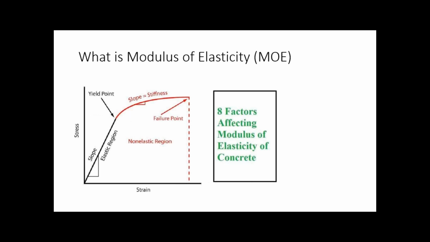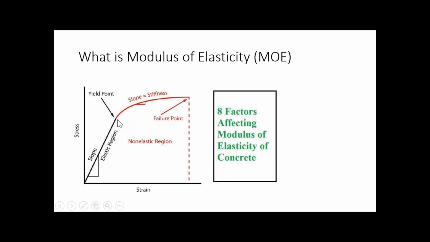Okay, so here we are, and anytime you want to talk about something like this, you've got to have graphs and charts, right? It makes it look sort of cool, and you can sort of figure out how things are working. What you have here is a graph of stress to strain and the relationship. And essentially modulus of elasticity is the slope of the line between stress and strain